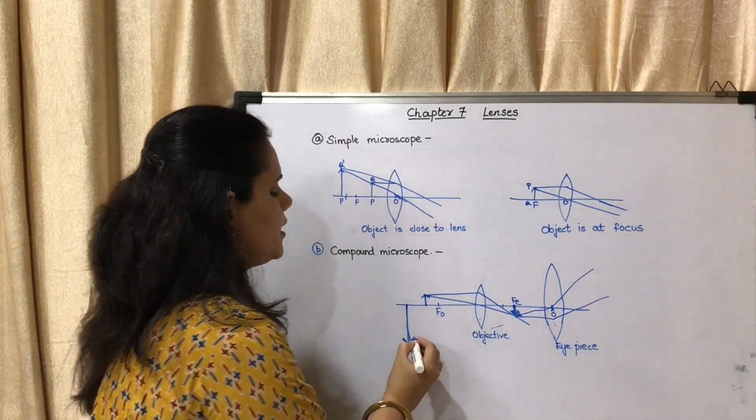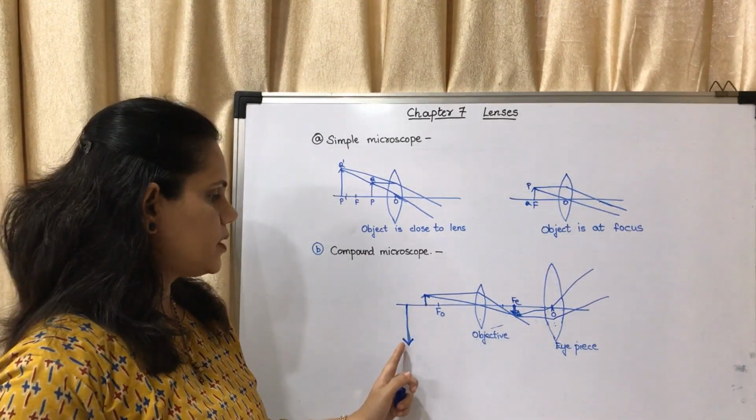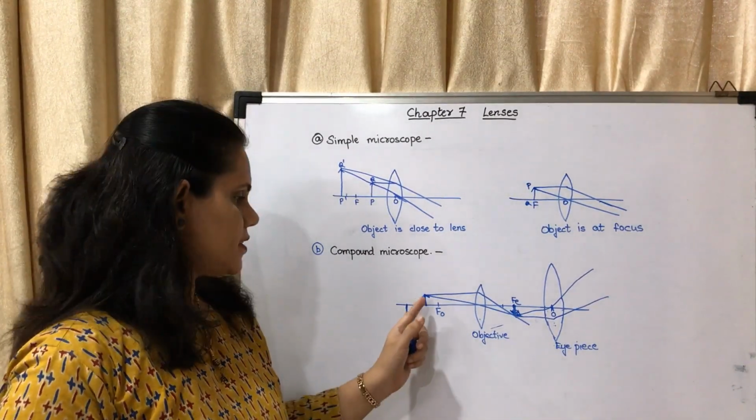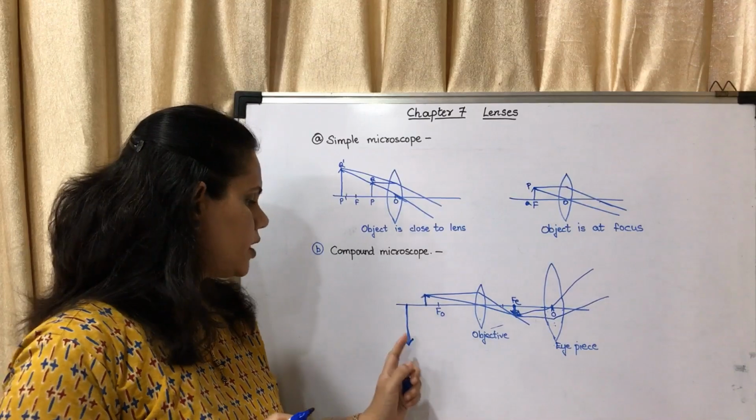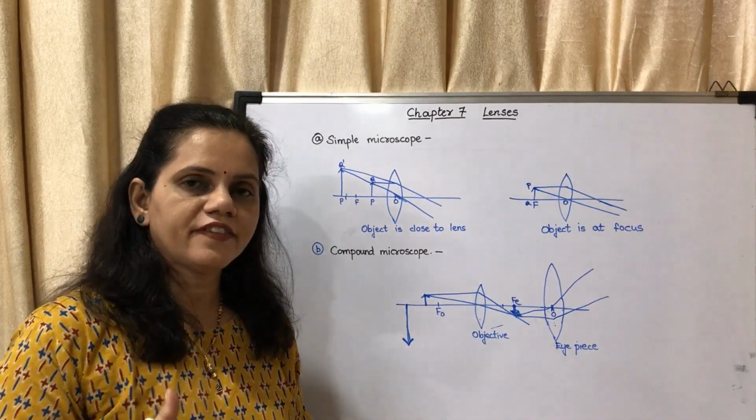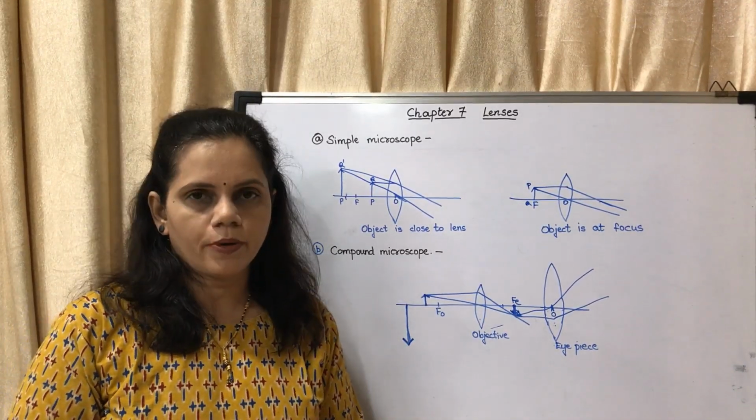What we see is this. So you may see how much difference. There is a bigger difference. This is a smaller object. The smaller object, you are able to see it magnified several times under a compound microscope.